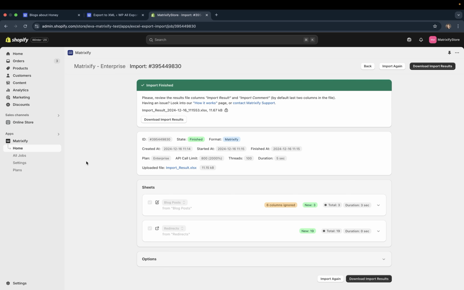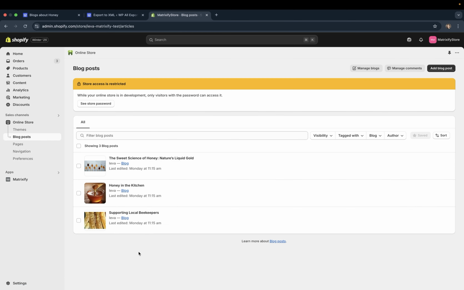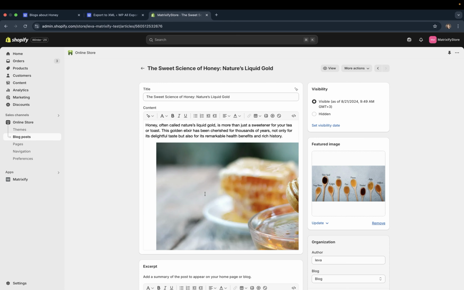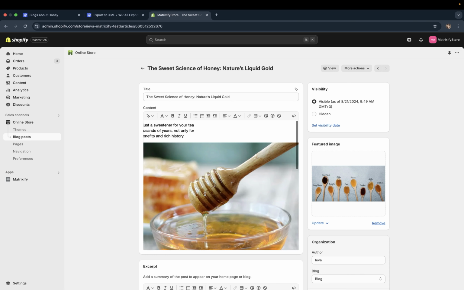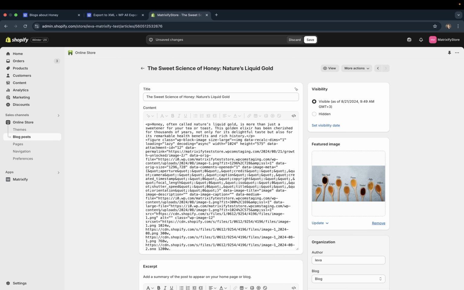To see your imported data, you can head to Online Store, Blog Posts, and here you can then see our imported blog posts. So we have Sweet Science of Honey, Nature's Liquid Gold, Honey in the Kitchen, and Supporting Local Beekeepers. If we click on one, we'll be able to see that the blog post content does have its image. You can see it has its featured image, and you'll also be able to see that all of the image URLs in your blog